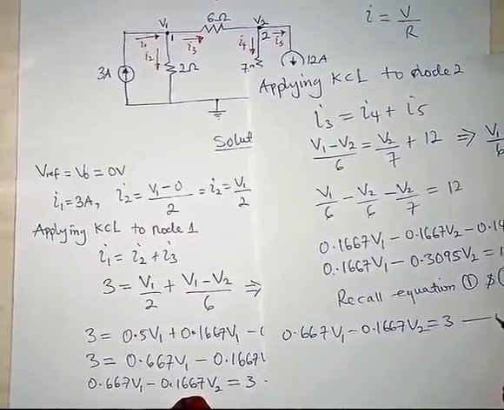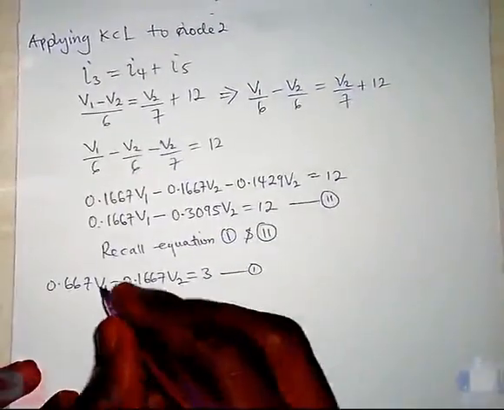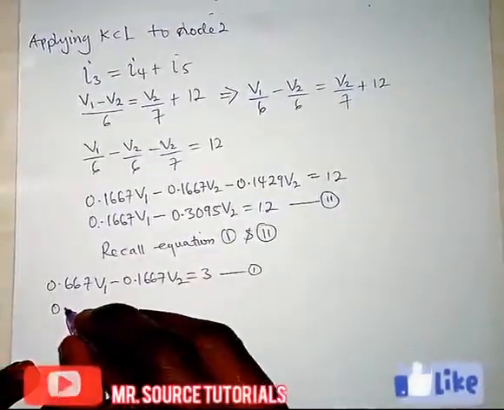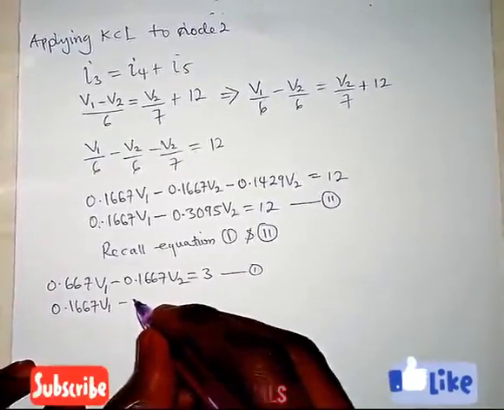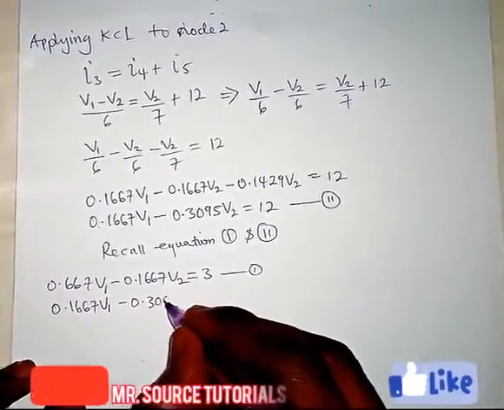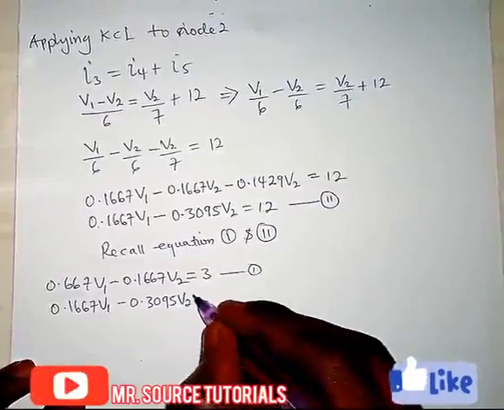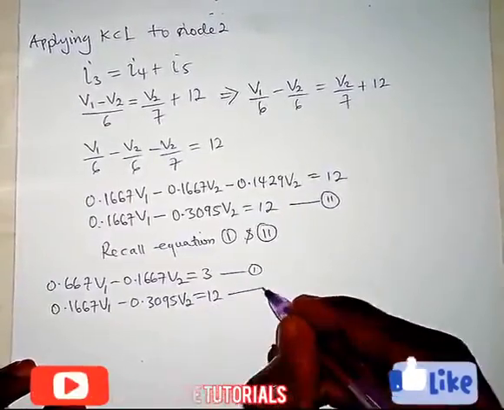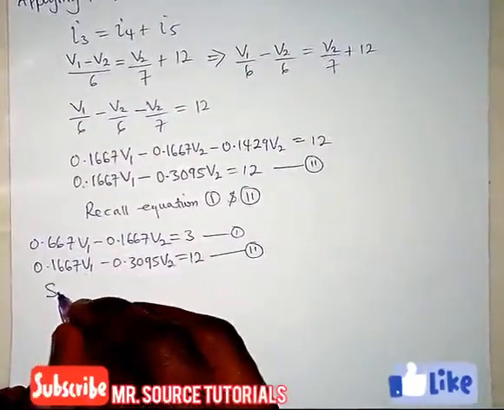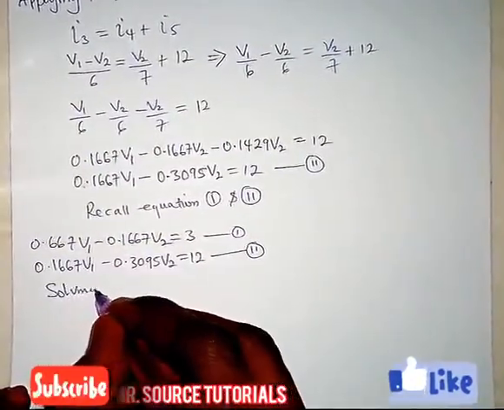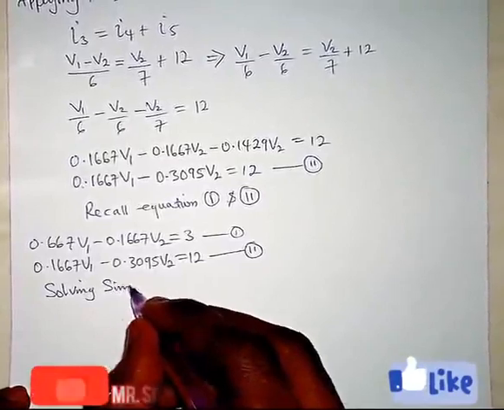This was our equation 1. Equation 2 is given by 0.1667 V1 minus 0.3095 V2 equals 12. Now solving simultaneously,